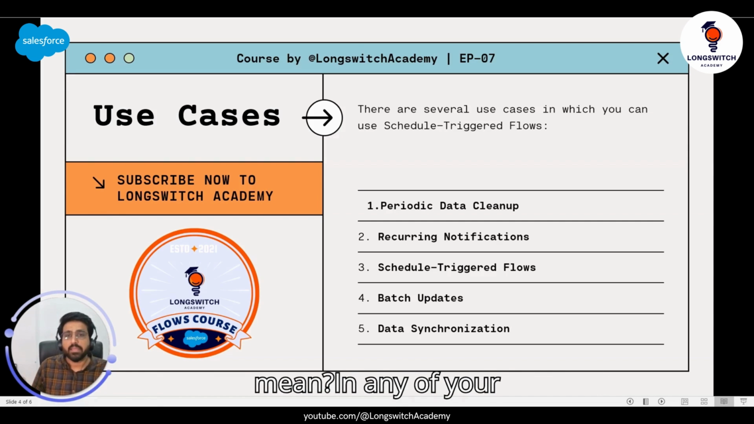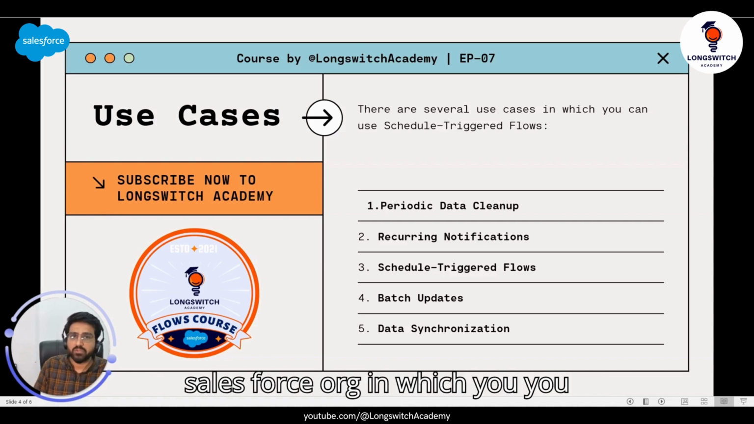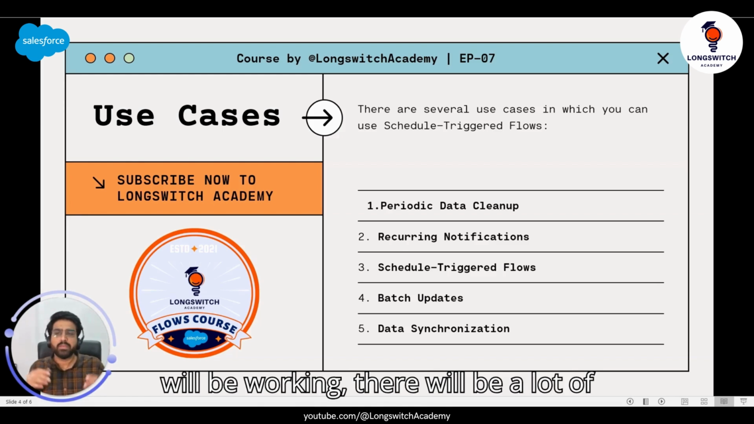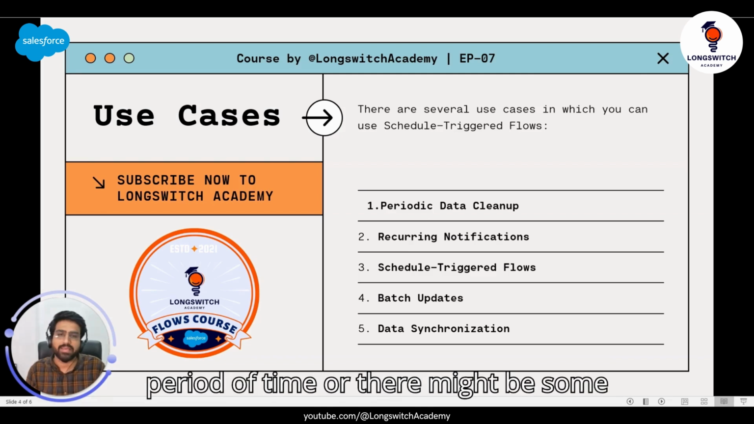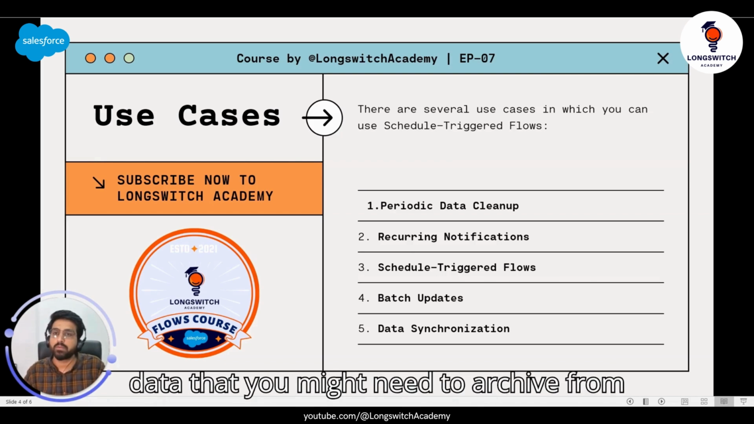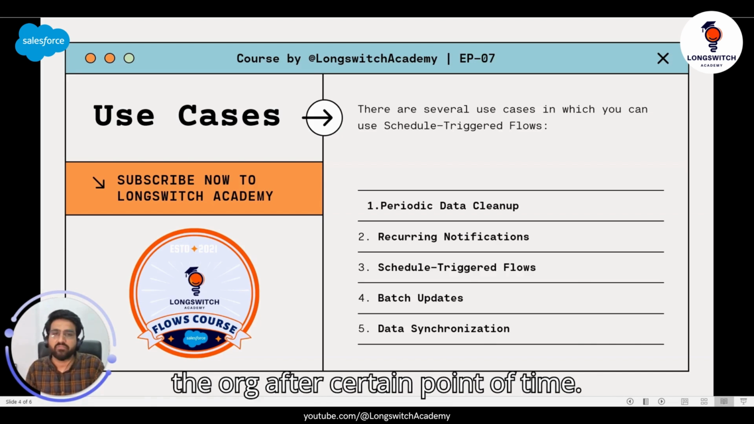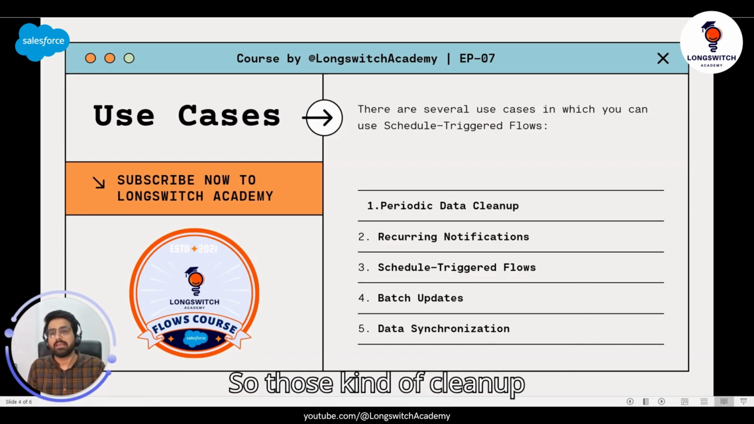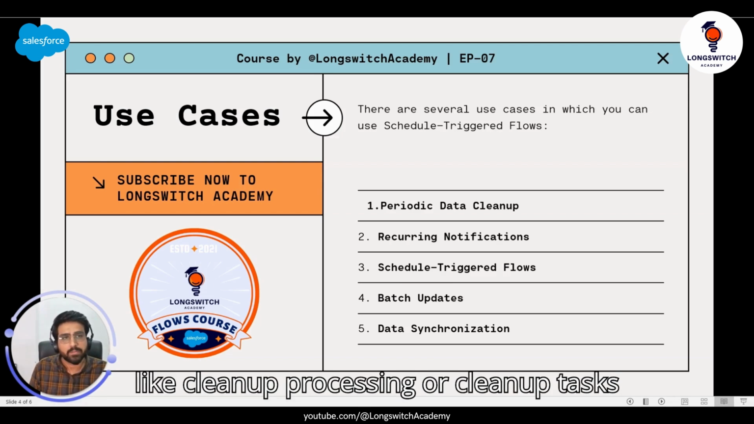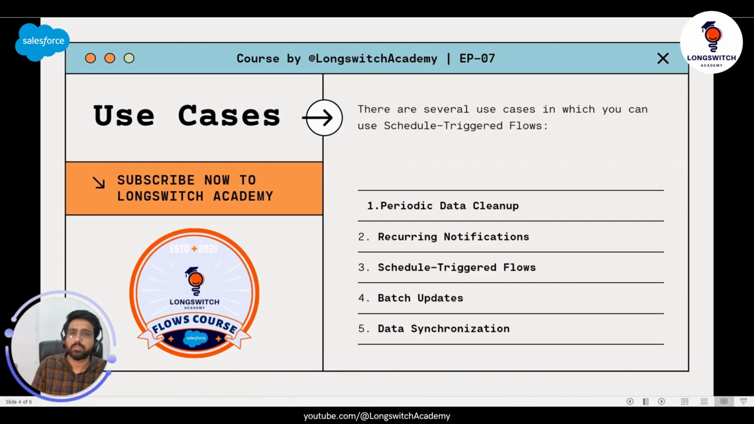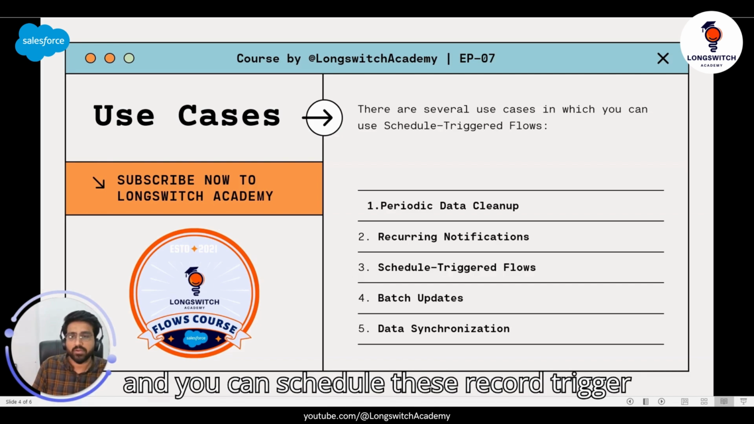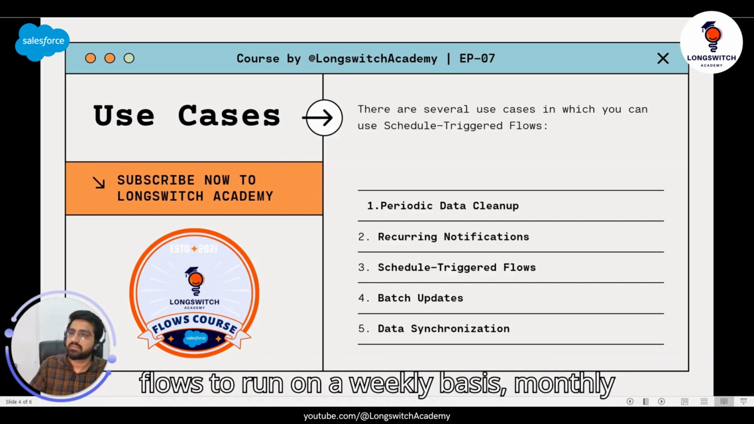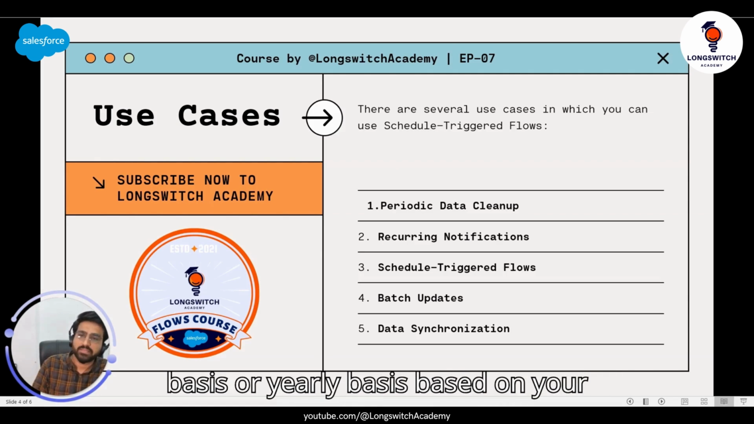In any of your Salesforce org in which you will be working, there will be a lot of data that you might not need over a period of time, or there might be some data that you might need to archive from the org after a certain point of time. For those kinds of cleanup tasks, you can use your schedule triggered flow, and you can schedule these flows to run on a weekly basis, monthly basis, or yearly basis based on your